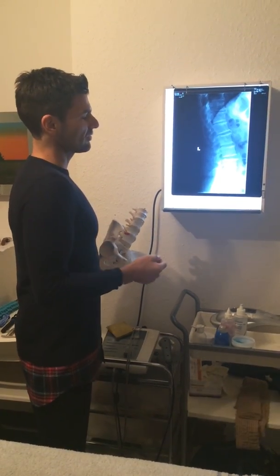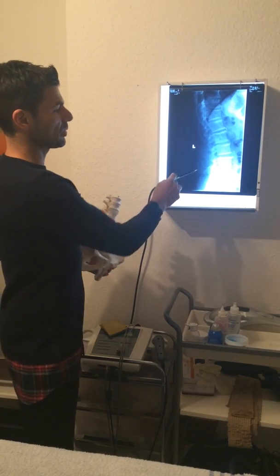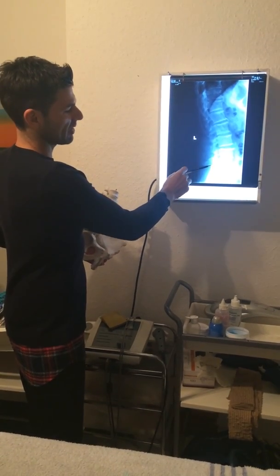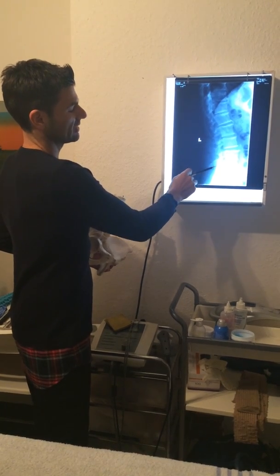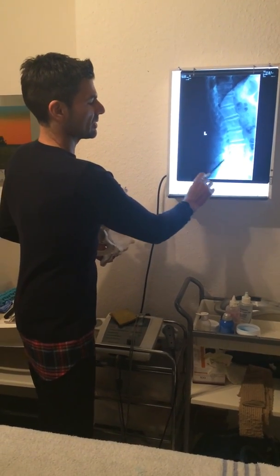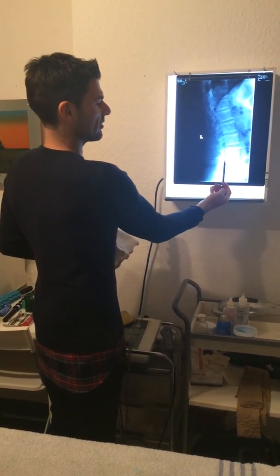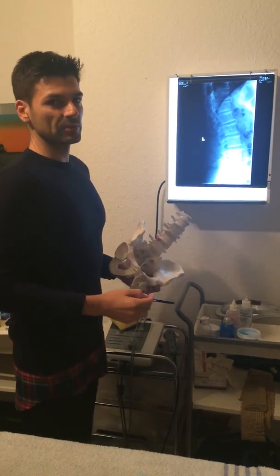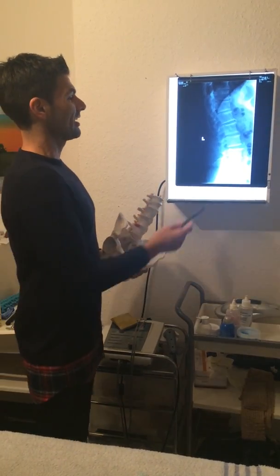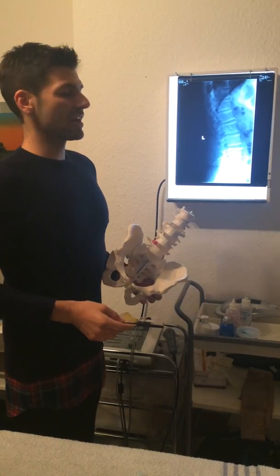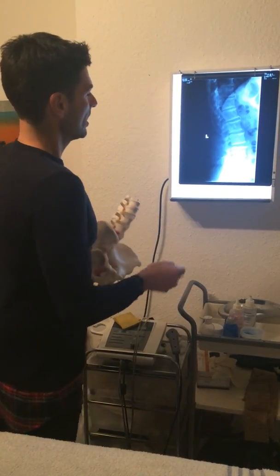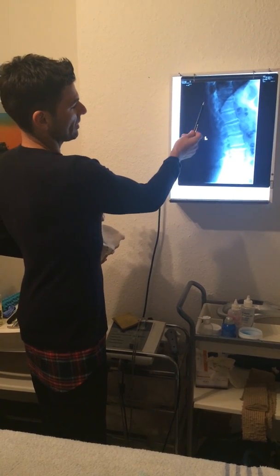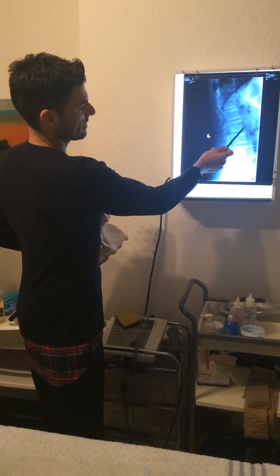If someone was to fall, or a mechanism of injury that would cause it to fracture, you'd have a pars interarticularis fracture here, and the vertebral body would be further forward. We'd measure the degree of slippage of spondylolisthesis that there would be. That would obviously then be associated more times than not with some sort of pain. People would come in. And then the other thing that we're going to look at is if there's any soft